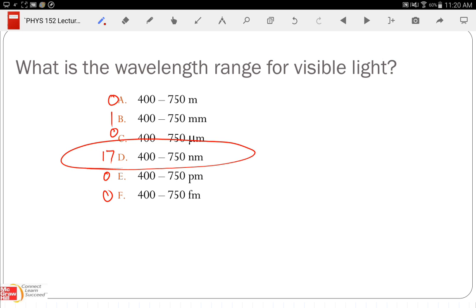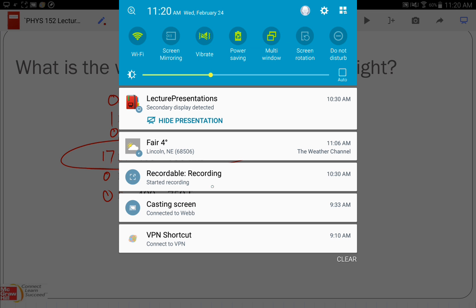Nanometers was correct. All right, so this ends our discussion on the electromagnetic waves, and we will start with optics, with light, after this. So have a good